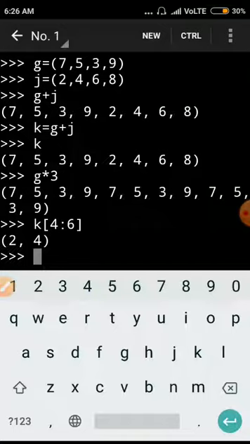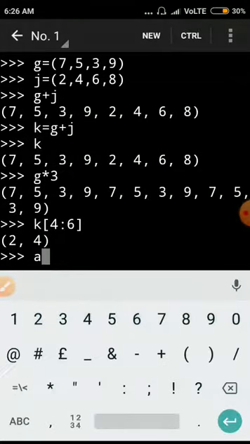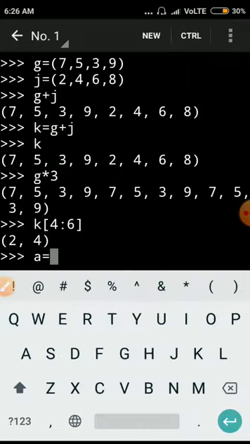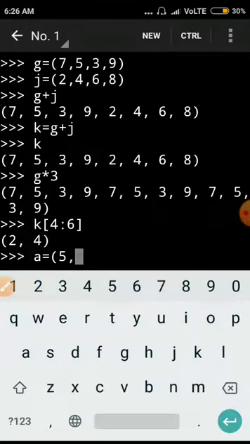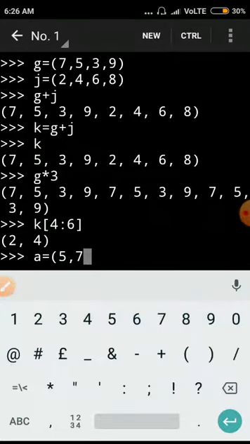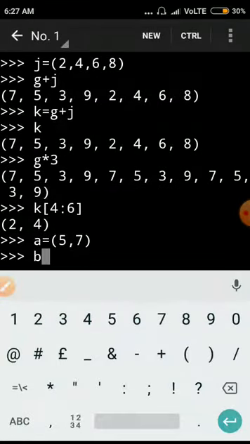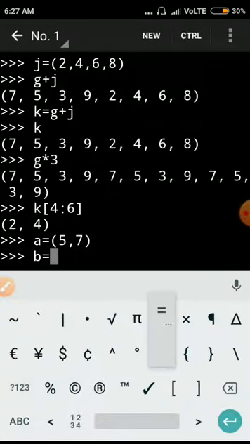Okay, then comparison of the tuples. If we want to compare two tuples, we can compare them with the help of comparison operators. I will take another tuple to compare with the first one.